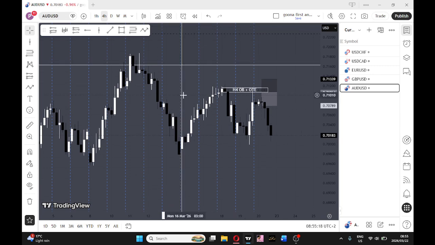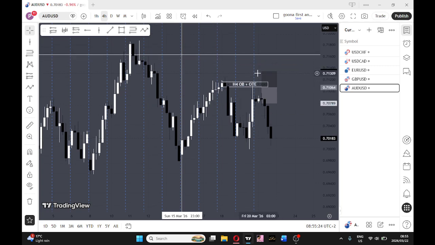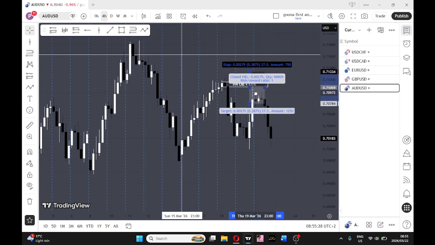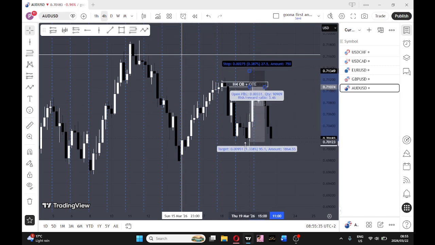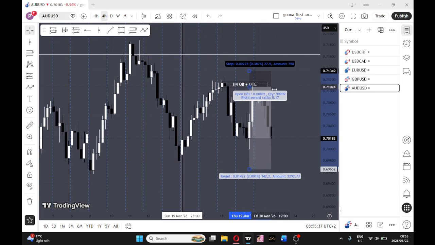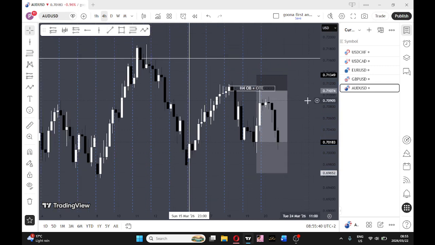there was no setup. So during the week, this 4-hour fair value gap, not for this 4-hour order block formed, and price actually did go into it here, this wick. So pushing right up out down here. I didn't take the setup. This is just the setup I saw during the week. So yeah,